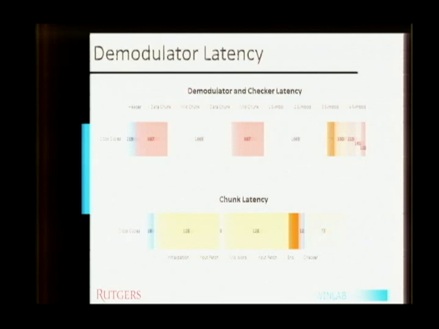And now we have 128, and in this chunk latency, we have 128 clock cycles to generate a 32-bit word in BPSK. And then we have constant time for the checker. That's because for all 4 OFDM symbols, it's pretty much deterministic. Chunk latency is actually your processing latency, right? Yes, chunk latency is the processing latency.